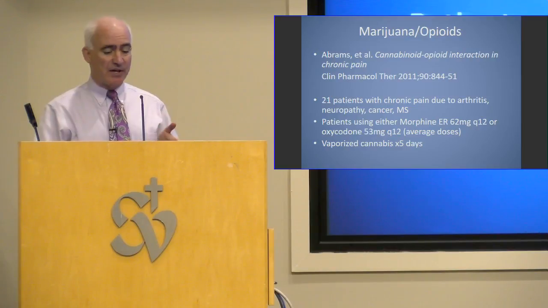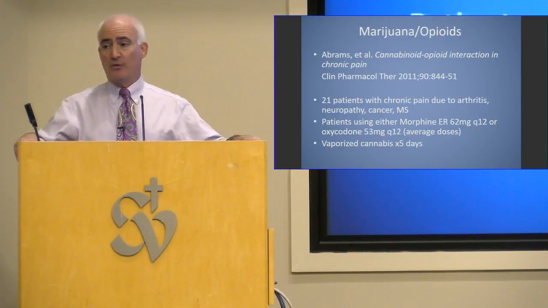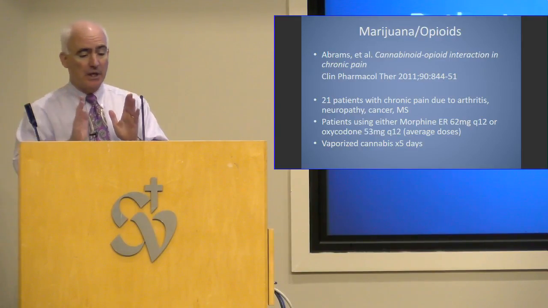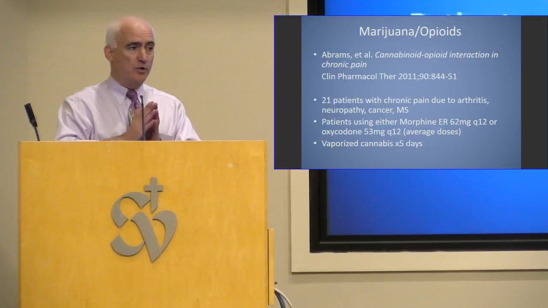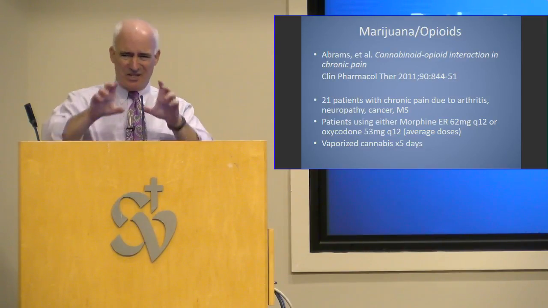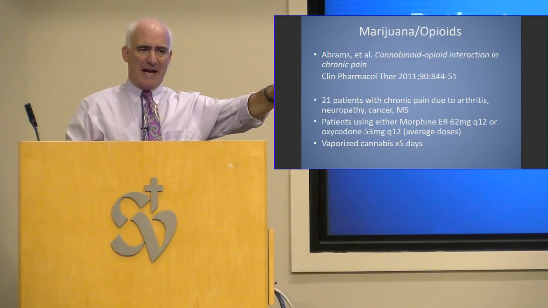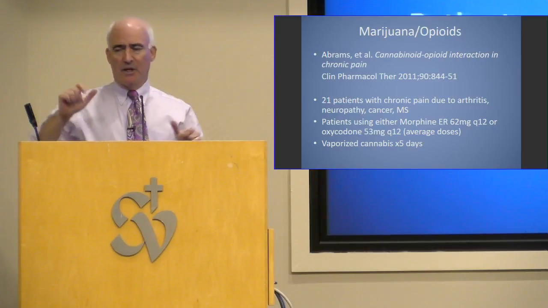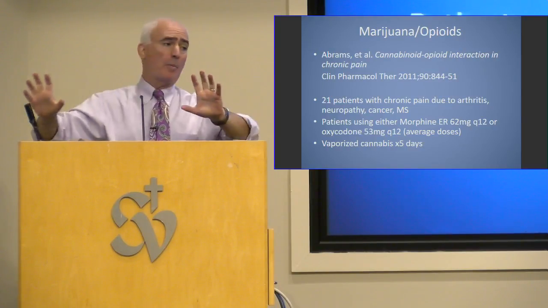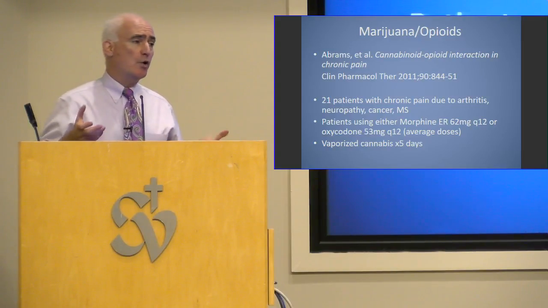So in this study, they looked at 21 patients, not exactly 200, 300, or 2,000, right? So I preface it by saying very small subset. With chronic pain due to arthritis, neuropathy, cancer, and MS. So this is kind of all across the board, right? We're talking somatic pain with arthritis. We're talking neuropathic pain. Cancer pain could be a mixed somatic neuropathic component, and MS obviously is usually more of a pure neuropathic, but